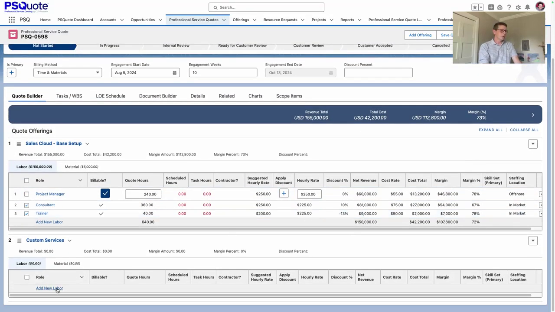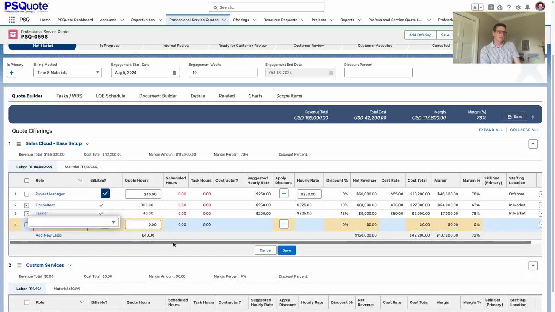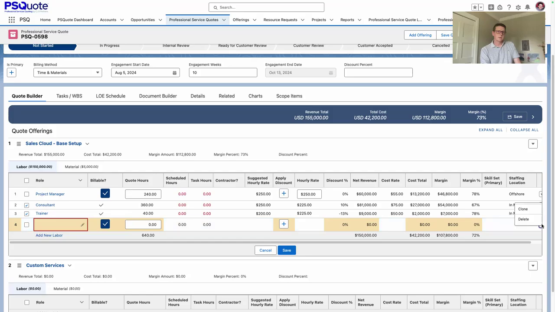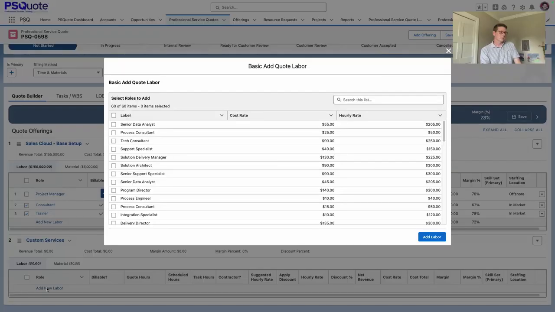And one other new feature we've got that we're excited about is our flow action. And so this allows you to implement a Salesforce flow for certain things like adding new labor materials. So for example, on this offering, if I add a new labor, I get our normal kind of pick list view. And then on this offering, when I hit this add new labor, then I get a screen flow that's